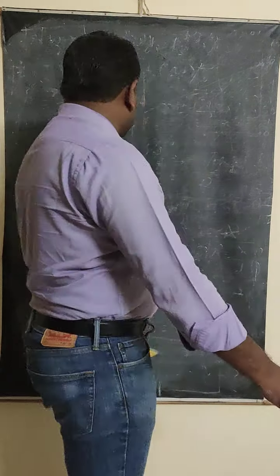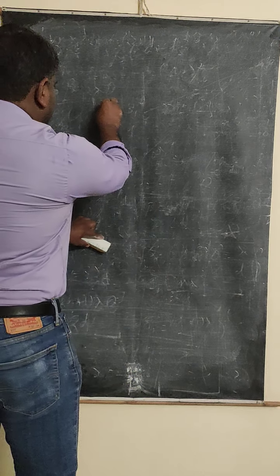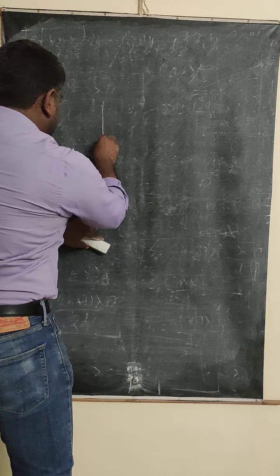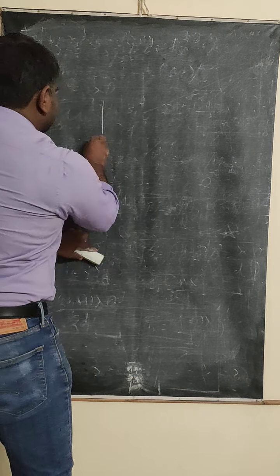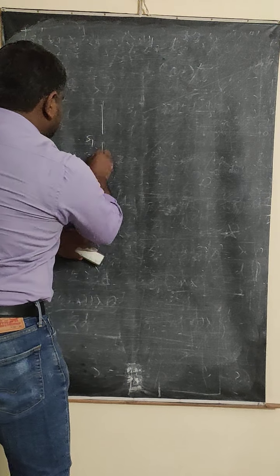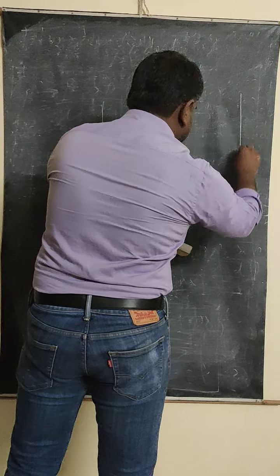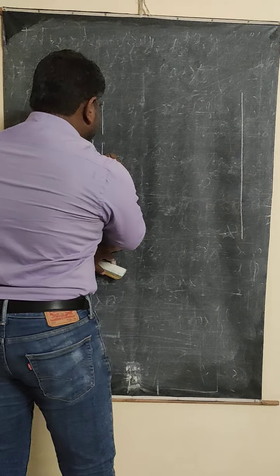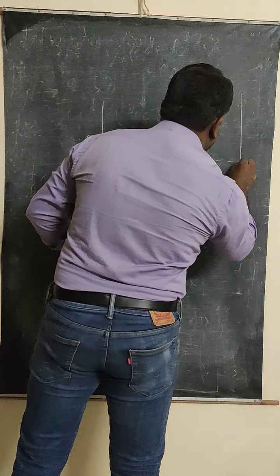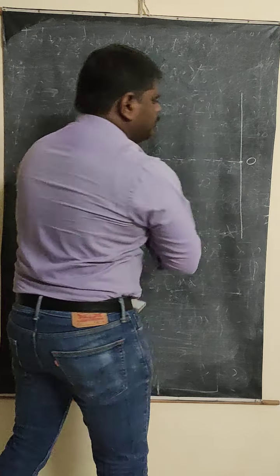Okay, to understand this, let us draw a diagram here. I am going to take the two slits according to the Young's double slit experiment. Okay, this is S1 and this is S2. This is the distance between the two slits, and here the screen is going to be arranged, and let us say that this is the center point. Okay, you can call it O.